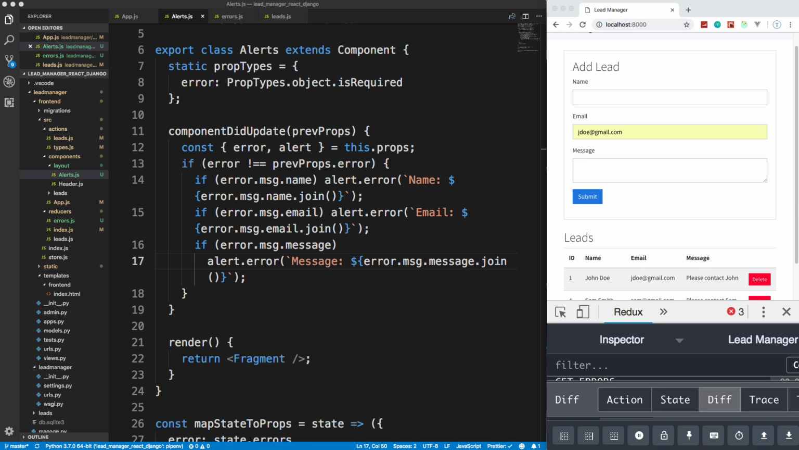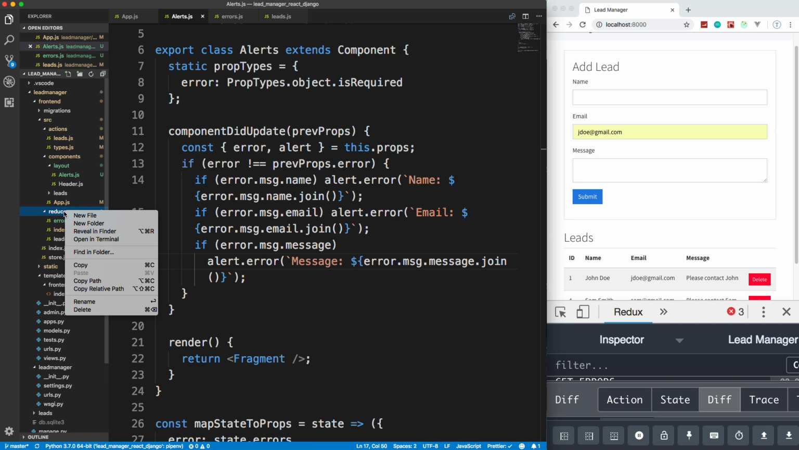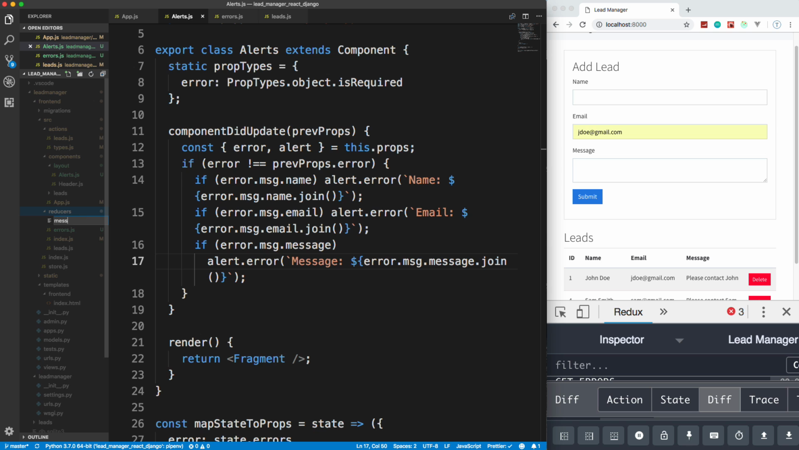So I think what we should do is create a messages reducer as well, and have a get messages that we can catch here, just like we do with the errors, as well as a create message so that we can create a message whenever we want. So let's go to reducers and let's create a new file called